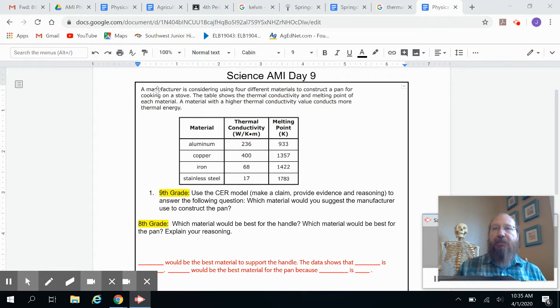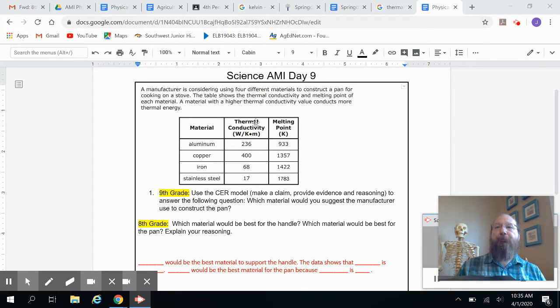So what it's telling us is there's someone who makes things that's trying to decide which of these 4 materials here would be better to make a pan for cooking on a stove. So a tool like this. The table is showing the thermal conductivity,